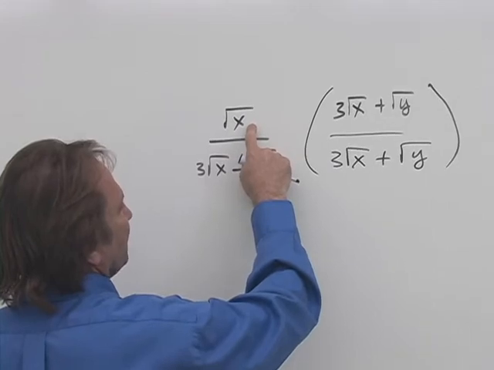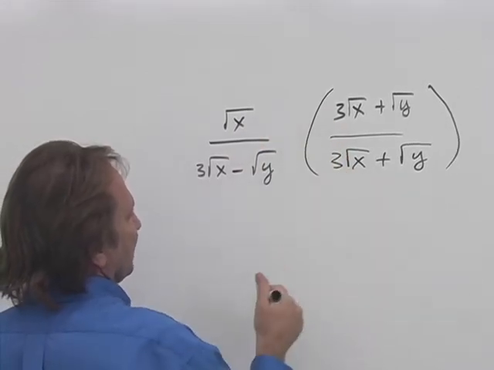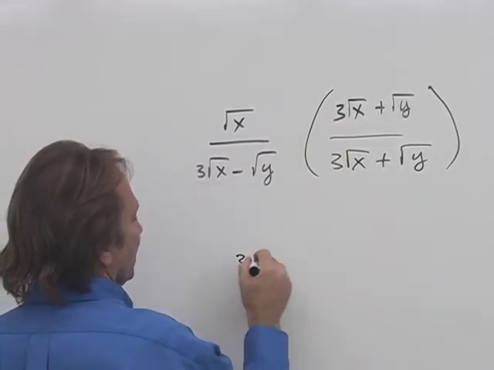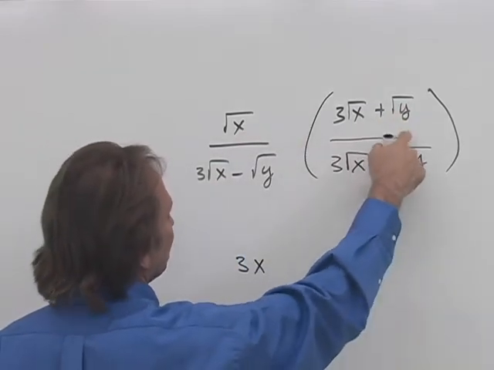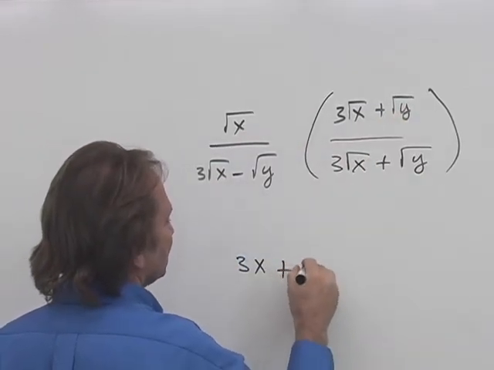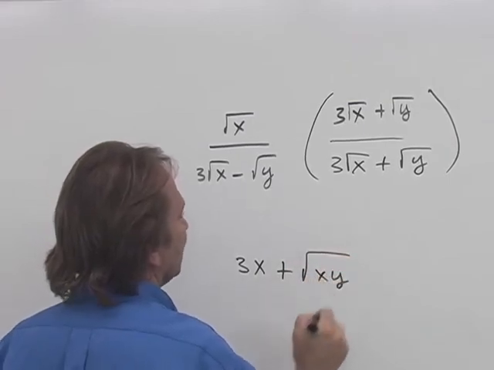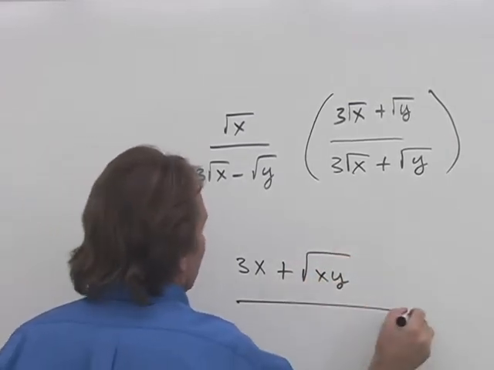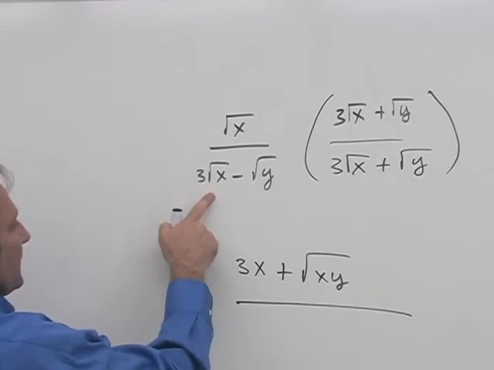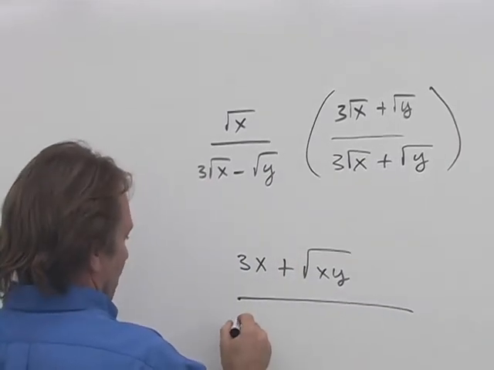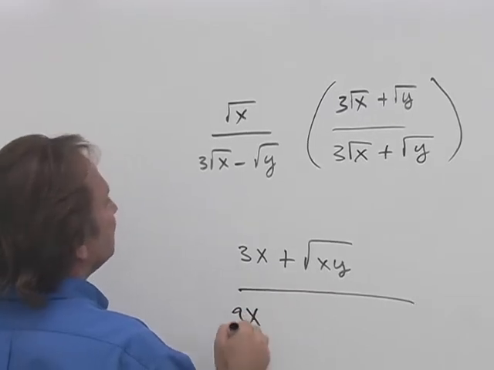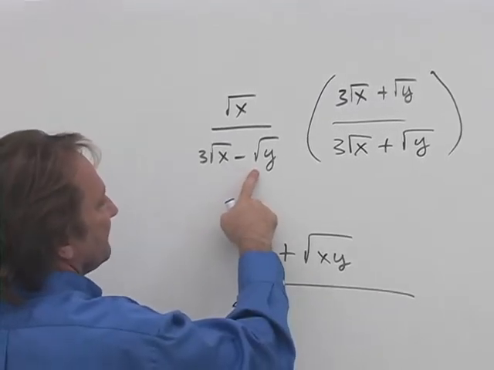I've got the square root of x times 3 times the square root of x, which is going to be 3x. And then I'm going to have the square root of x times the square root of y, which is going to be plus the square root of xy. In the bottom, I'll have the 3 times the square root of x times 3 times the square root of x, or 9x. Then negative square root y,